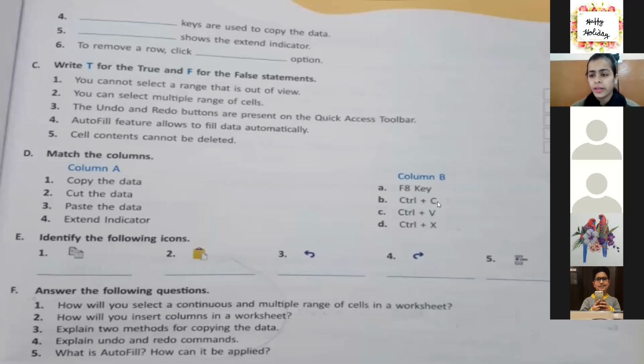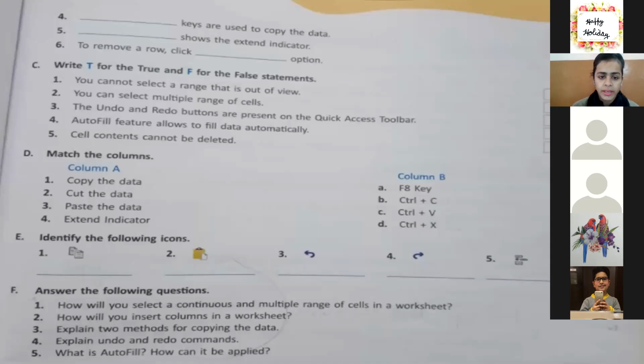So these shortcut keys can be asked directly also, for example, what are the shortcut keys to copy the data, to cut the data. So it is not necessary that they can be asked only in the form of matching. Clear? You need to learn the shortcut keys. They can be asked directly also. The shortcut key for extend indicator is F8. So it is not necessary that they come in matching form only. Okay?